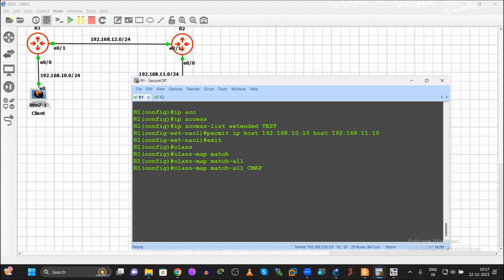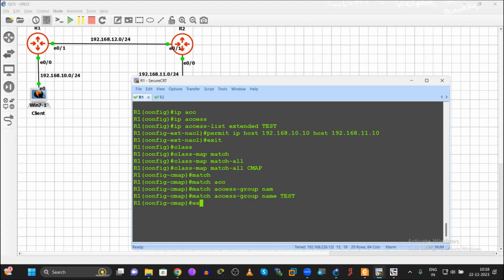You can set any name here. The class map name is cmap. After that, we have to call this access list and enter match access-group name. The name of my access list is test. That needs to be specified here.